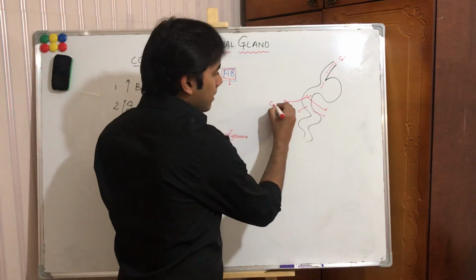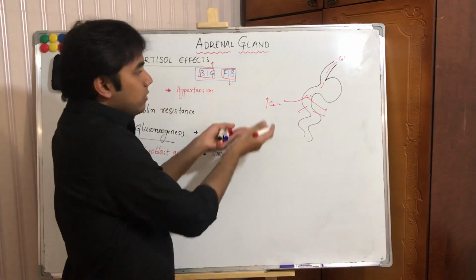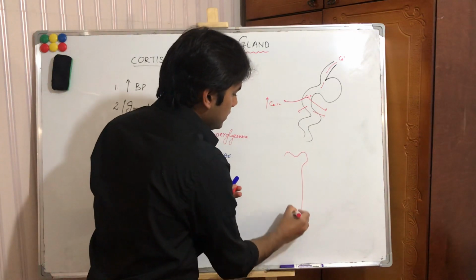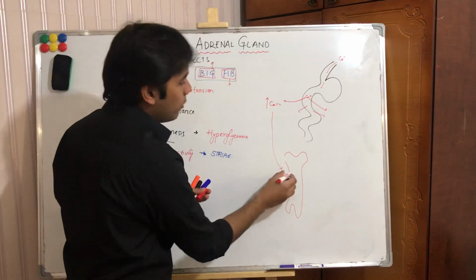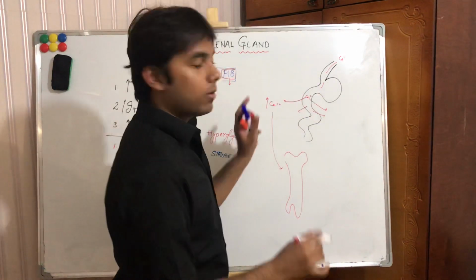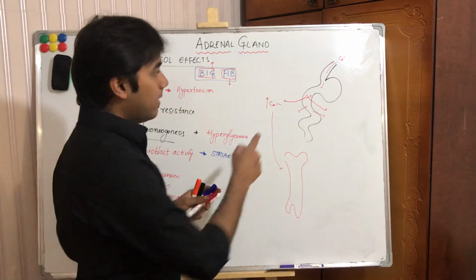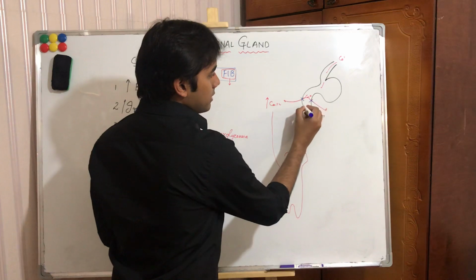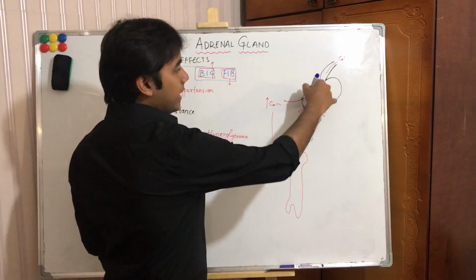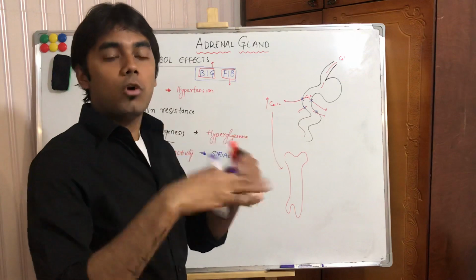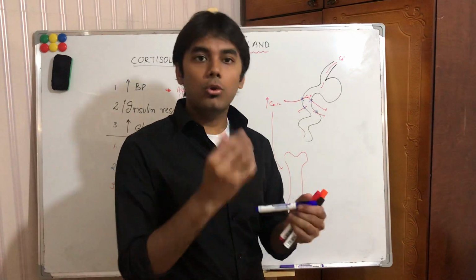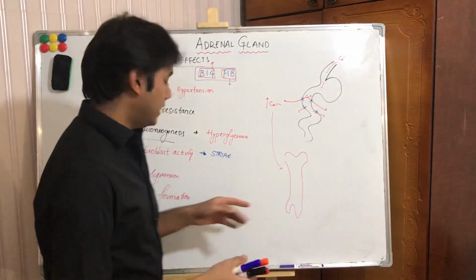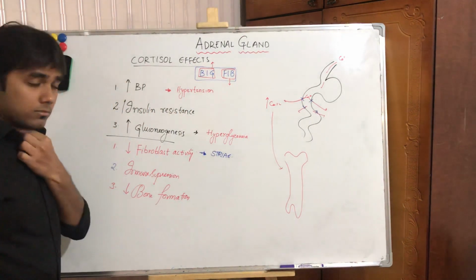So in the blood, the calcium levels are increased. This calcium later on, this is your bone, enters into the bone and mineralizes the bone. So this is the normal thing happening. But if you give cortisol, this process is stopped. The absorption of calcium from the intestine is stopped. So as a result, what happens? Whatever you take, it will come out. It is defecated, it is washed out. So as a result, in the blood there will be low calcium levels. So low calcium levels lead to low bone formation. That is why here it is decreased bone formation.